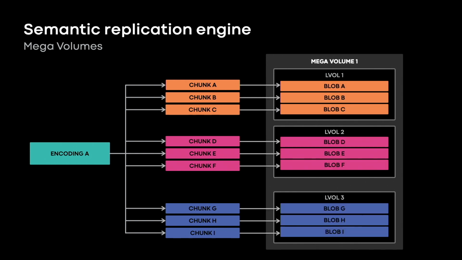By writing all the chunks that form an encoding to the same mega volume, we can keep them grouped in the same failure domains without being forced to upload all of them to the same logical volume. This is an important aspect as it prevents the unavailability of a single logical volume from impacting the write reliability. Moreover, by limiting the size of a mega volume in the